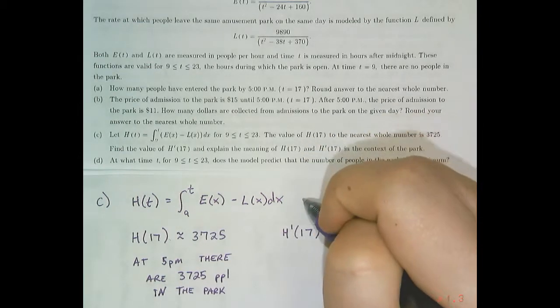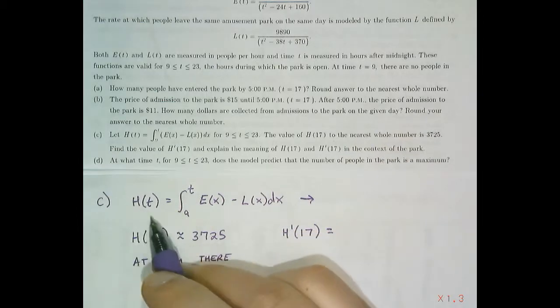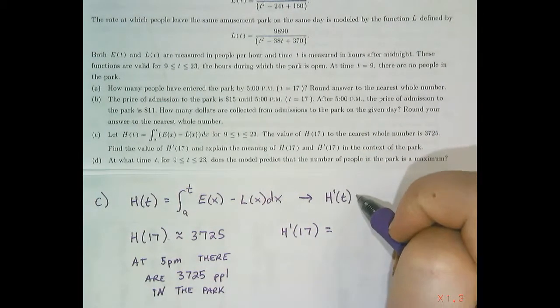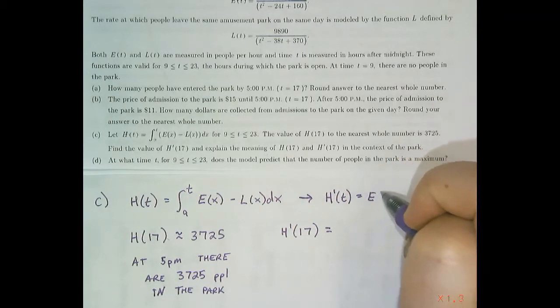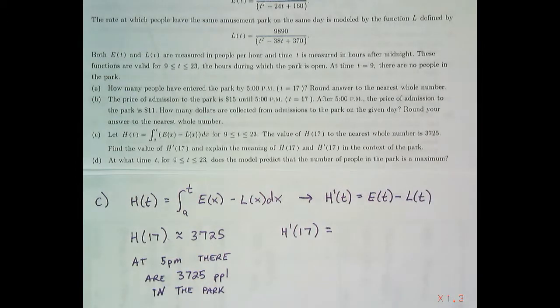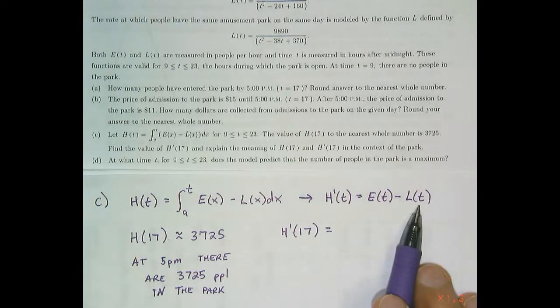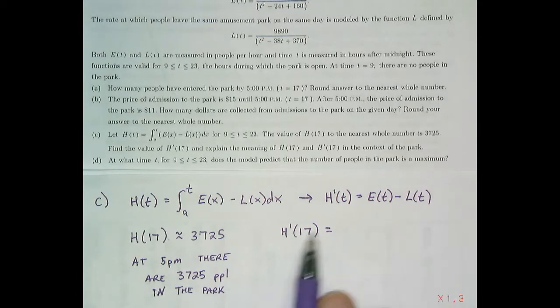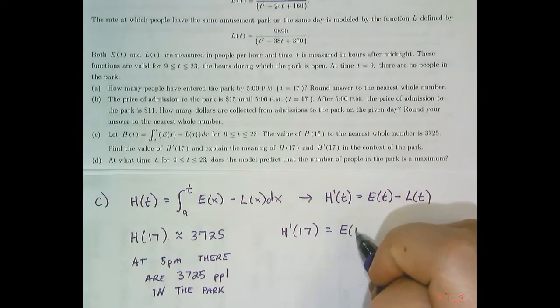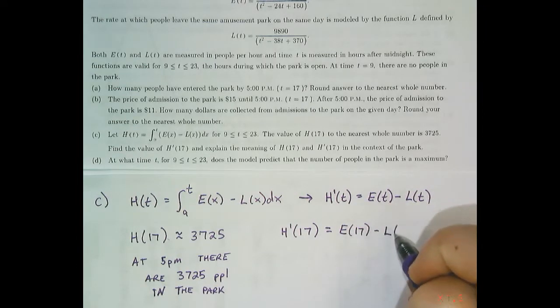So if I take the derivative of an integral, h prime of t, that would be the integrand at the top times the derivative of the top minus integrand of the bottom times the derivative of the bottom. And that cleans out quite nicely to this, so we can now evaluate h prime of 17. H prime of 17 is e of 17 subtract L of 17,